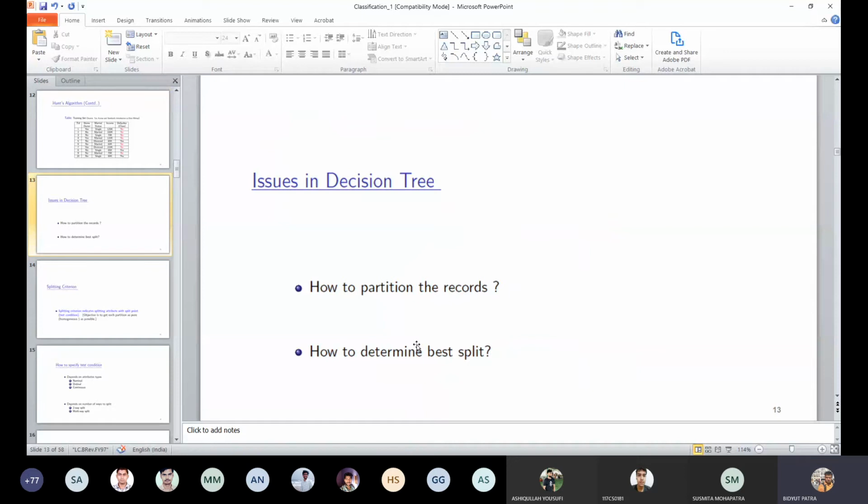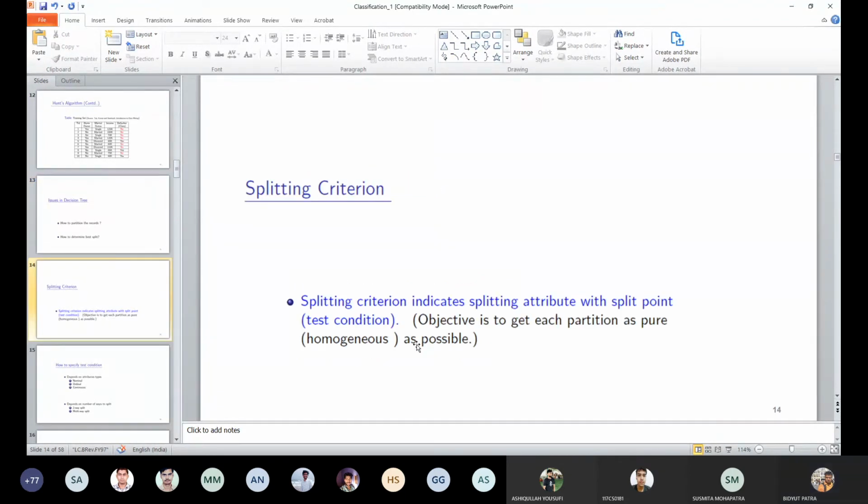So the issues in the decision tree: how to partition the records, and how to find the best split, in a sense, how to find the best attribute condition so that we can get the best subsets from the particular node. So what is the split condition? The split condition indicates the splitting attribute with the split point.